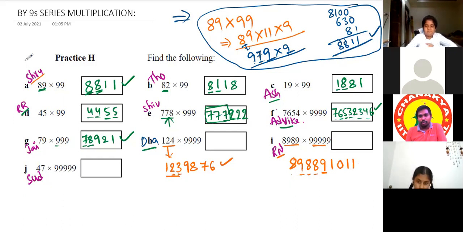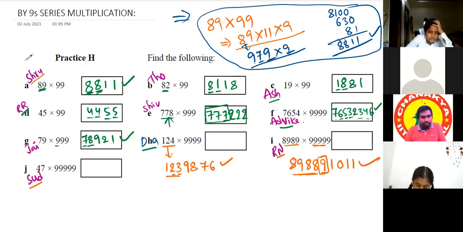No, don't put 0 here. This is already over. Don't take the same rule for this extra 9 also. We have to take the given number minus 1, and for those digits only we take 9 minus that digit. Okay, sir. That's all. This is the answer. Right. Then Sudisha.